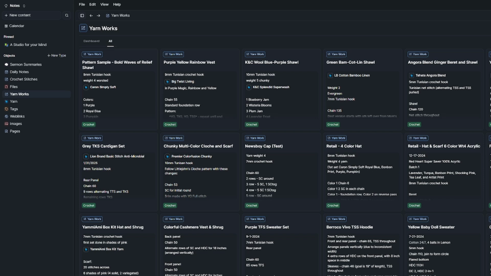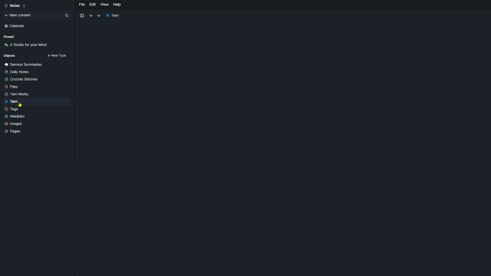And I had tried Obsidian and Notion. I tried Google Keep, just a variety of different tools. I saw a YouTube video where someone presented Capacities, which isn't that old. It hasn't been around forever. And it intrigued me, the idea of the ability to create specific types with unique fields and cross-link things together. It looked like something that I could use for crochet. And so I wanted to share a little bit about how I've been using Capacities to help me track my